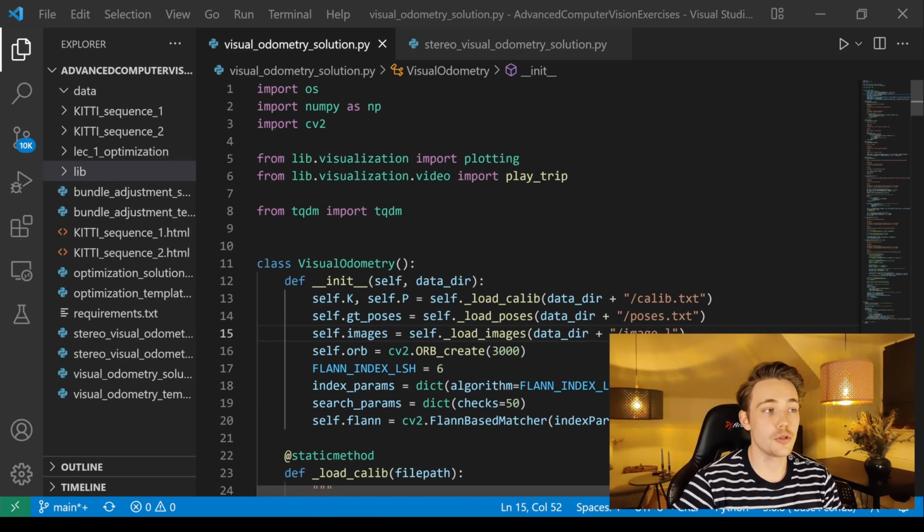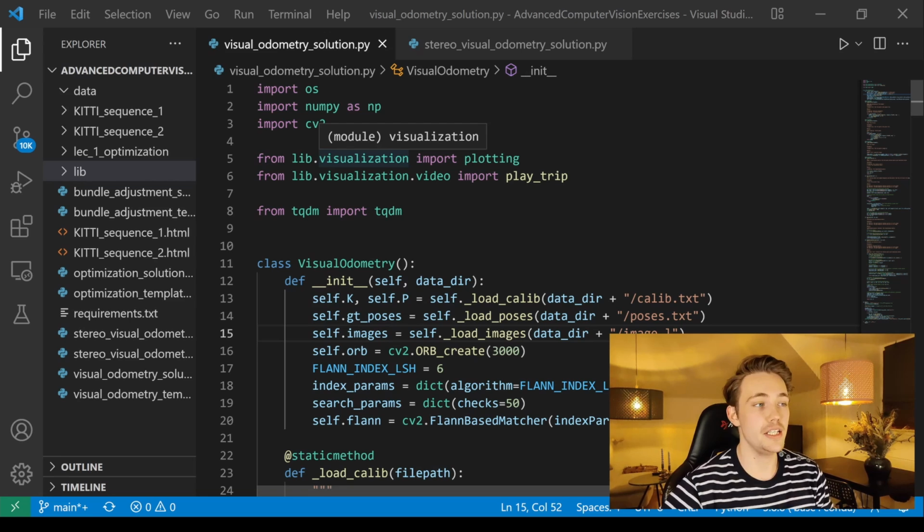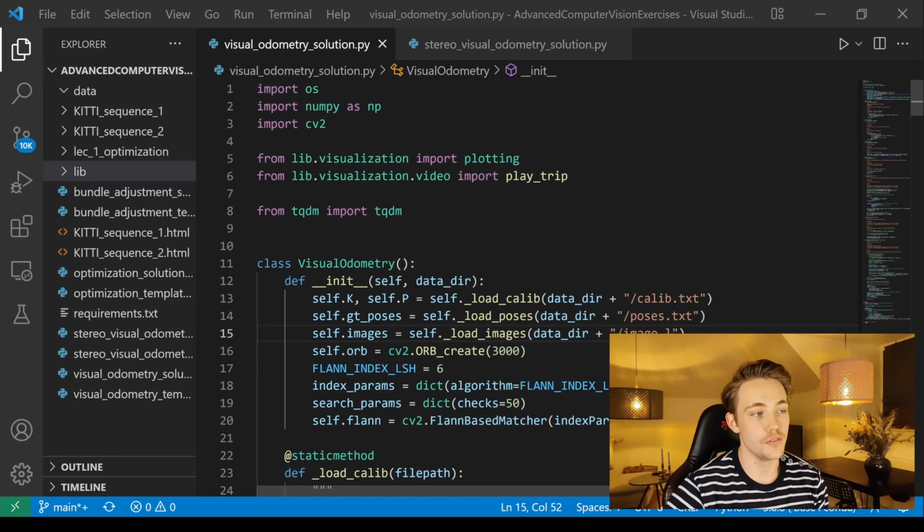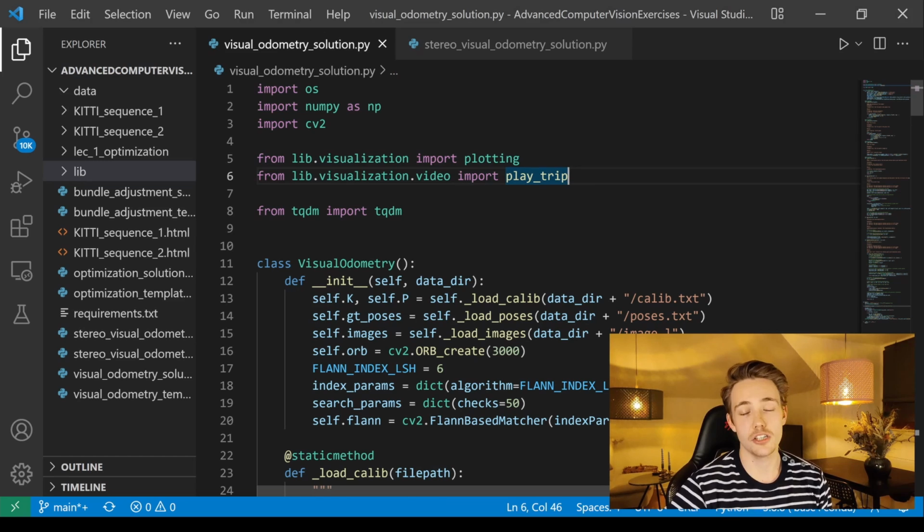First of all, here we're going to import the different kinds of modules that we need. So we need NumPy, OpenCV, and we're also going to use this lib here for visualization. So this is basically just for plotting the ground truth and also the estimated pose at the end, and also to play the trip here, or run through all the frames and images that we have in our KITTI